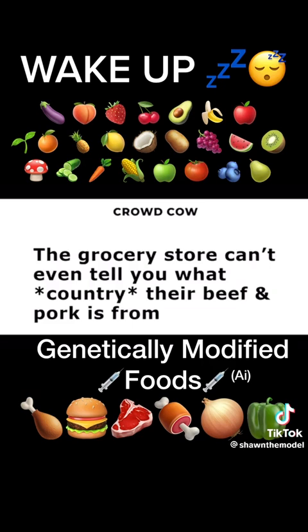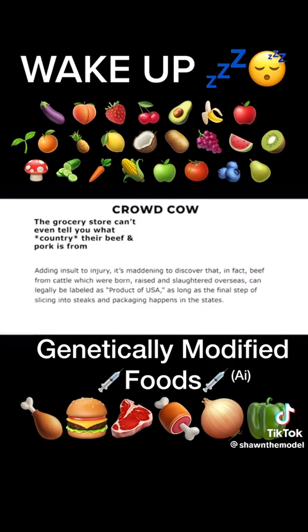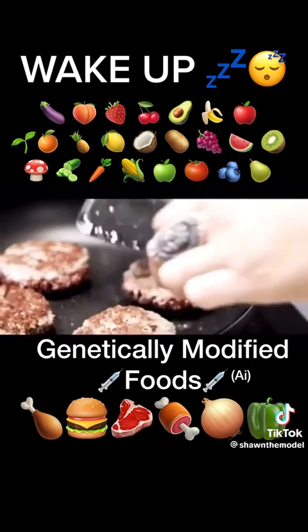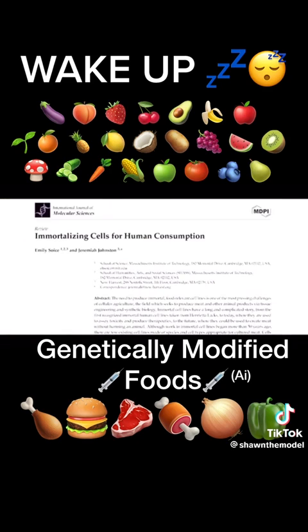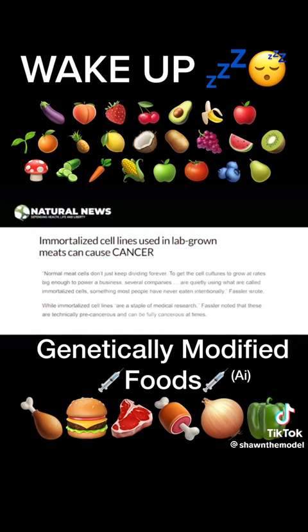And if this UK gene-edited meat makes its way to America, it can be labeled non-GMO here as well. And so long as it's butchered in America, it can be labeled product of USA. The fake alternative meat being pushed by Bill Gates and others is made of immortal cell lines. In other words, cancerous tumor cells. Real meat is